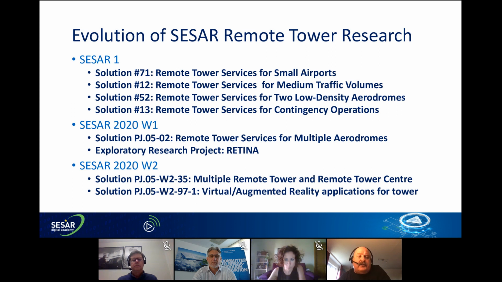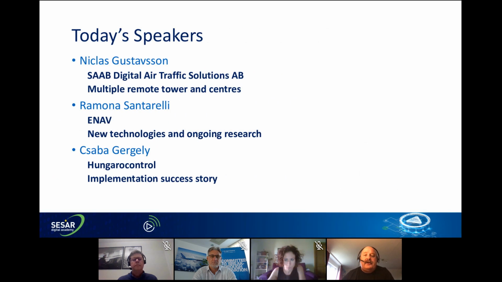In SESAR 2020 Wave 2, which started with the beginning of this year, we're continuing the research. Now we're looking at multiple remote towers into remote tower centers, but also the development from Project Retina, looking at virtual and augmented reality applications for tower operations. So that sets the scene of how we got here,